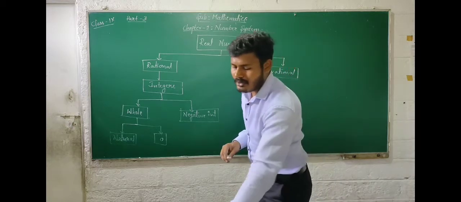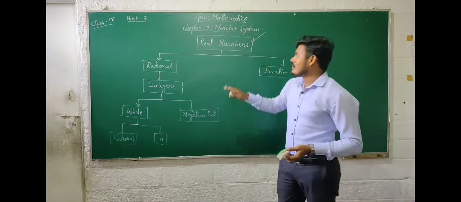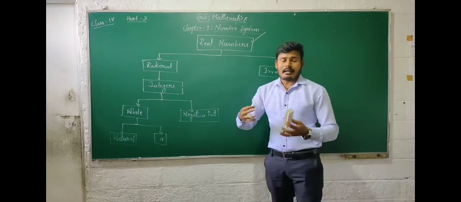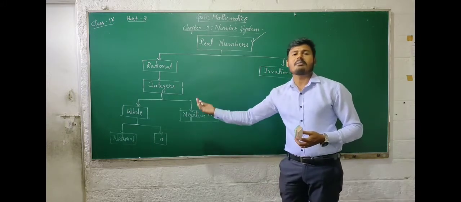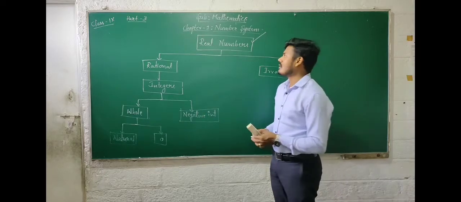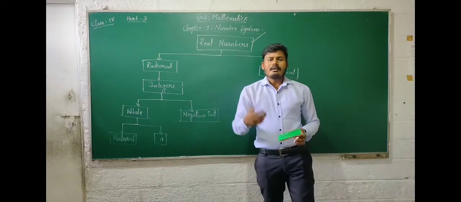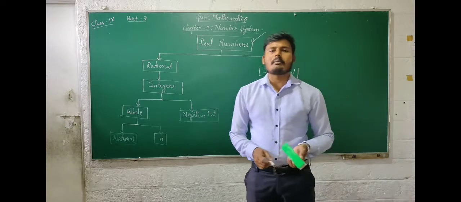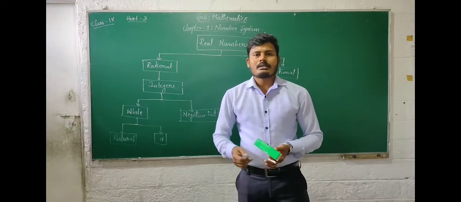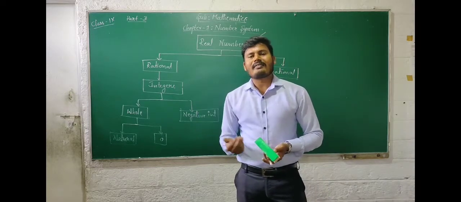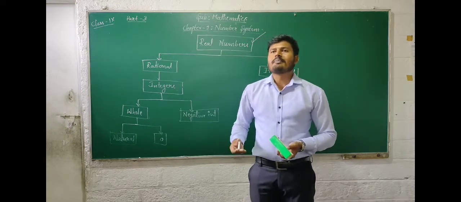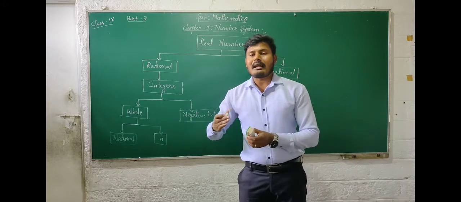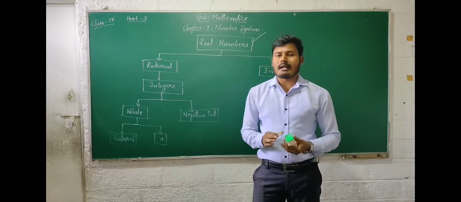So it is the easy way to remember those numbers and the examples and the interrelationship between one kind of number and another kind of number. So now we are going to discuss irrational numbers. We already know the definition of an irrational number. So here some problems are there. We should locate some irrational numbers on the number line.